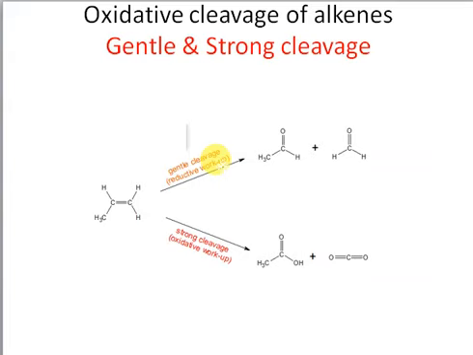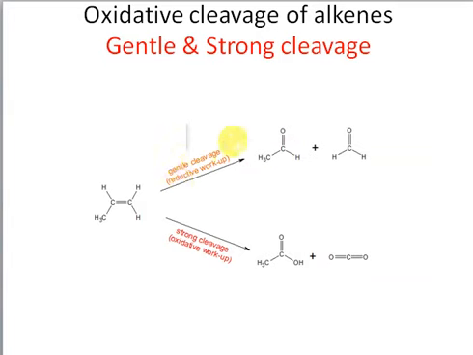We will go into more detail further on what we mean by reductive workup, but it's important to remember that whenever you go for gentle cleavage, it's always the reductive workup that's used. So in gentle cleavage we get the aldehyde: